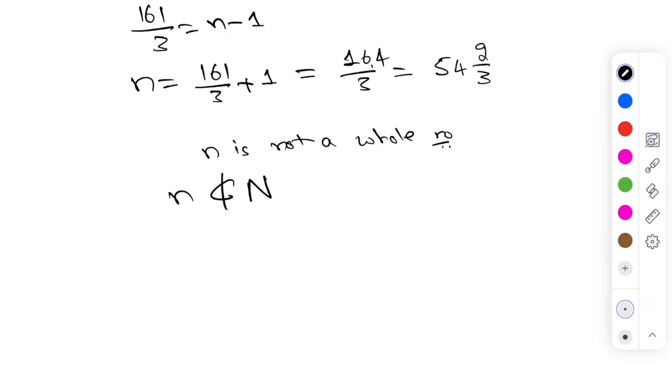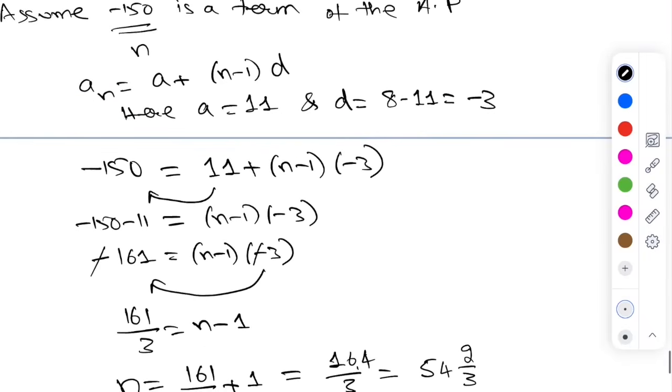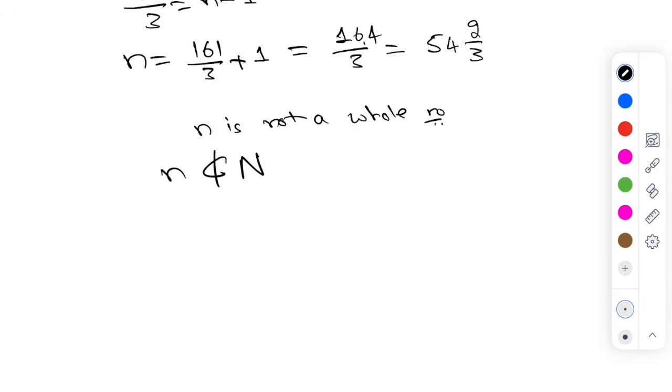So can a fraction be the number of a term? Like, can it be a 54 2/3 term? Do we have a 1.5th term? Do we have a 2.5th term? No, right? We will have first term, second term, third term, fourth term. But if we assume that minus 150 is a term of the AP, then n becomes 54 2 by 3. Therefore, since n is not a natural number,